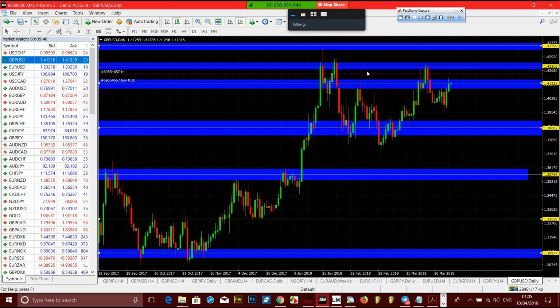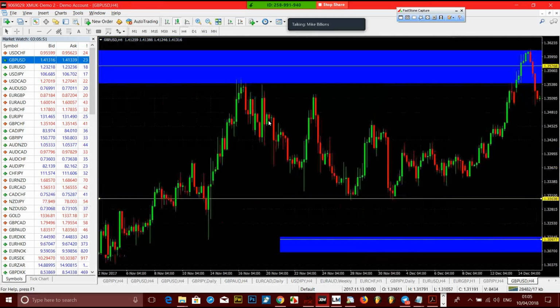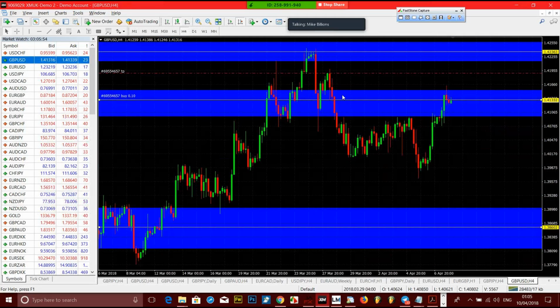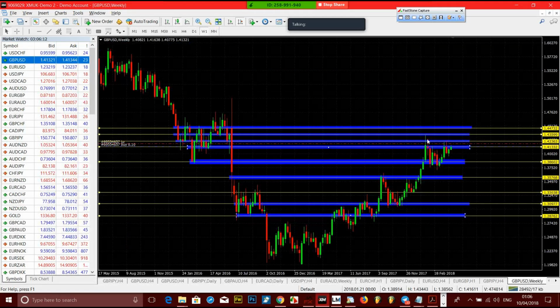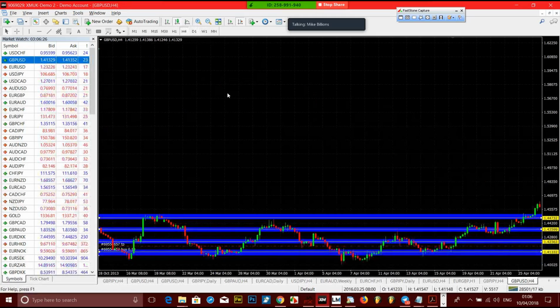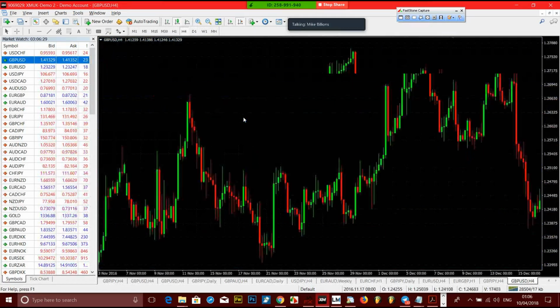Okay, so let me see. How many moves is this? So where are we? This is where we're at. Now we know that this is doing this. There may be a reason for us to believe that this may still go up a bit. Because if it goes up, I will consider this a fake breakout. Might be a fake out. It may not go higher again. But even if it does, it's all good. We would only enter the market on confirmations. We would only enter the market when we get confirmations from the market.